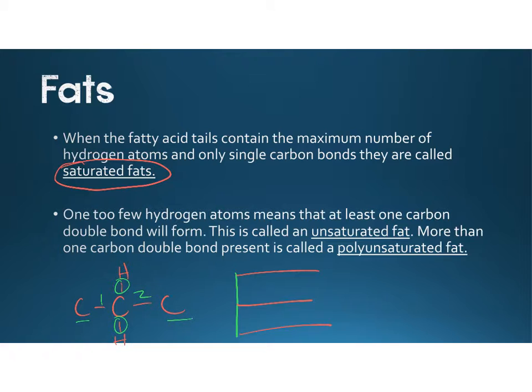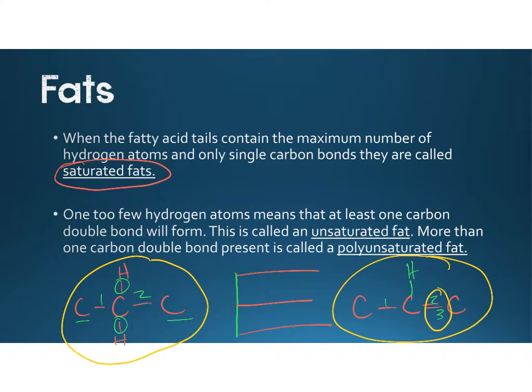However, sometimes you can get a situation where instead of this, you would have that carbon, but it would be double bonded to the next carbon. If that's the case, if you look here, we've used 1, 2, 3 of carbon's bonding sites already. So that means there's only 1 more bonding site where we can put a hydrogen. So this molecule over here does not have the maximum amount of hydrogens that it could because of this double bond right here. This molecule over here, however, does have the maximum number of hydrogens around this central carbon because